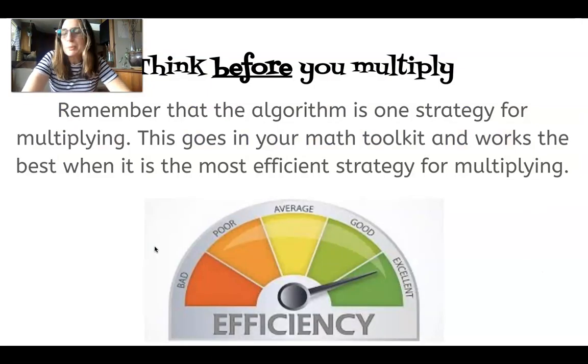Whatever you do when you multiply, just think before you multiply. Remember, the algorithm is just one strategy. Sometimes it is the most efficient, and other times we just want to multiply by 10, or we want to use an estimate, or we want to use a double half. So just think before you